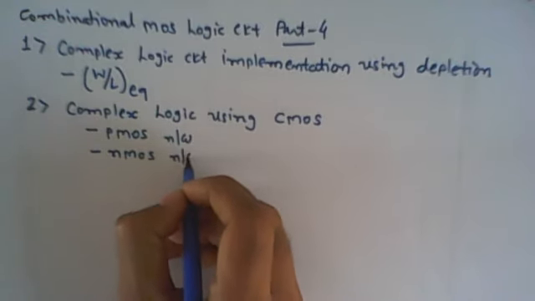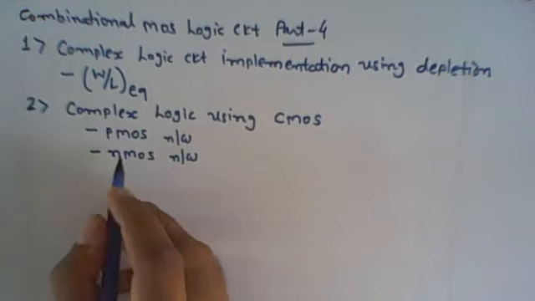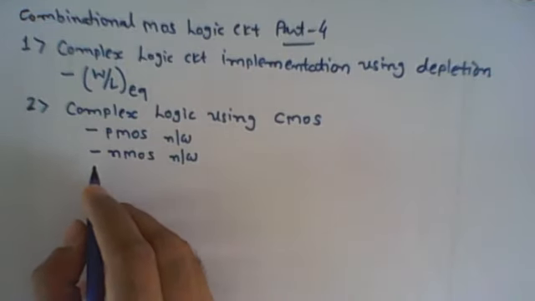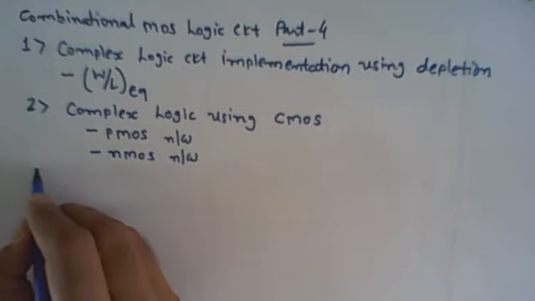And we'll find the W upon L equivalent of the complex PMOS network and the W upon L equivalent of the complex NMOS network. And third task is